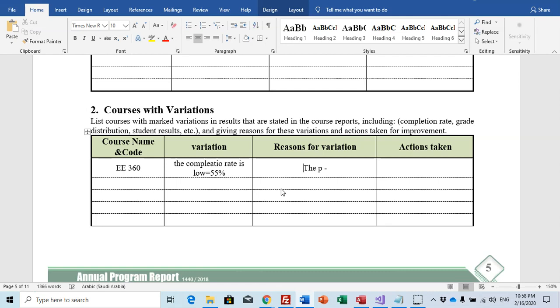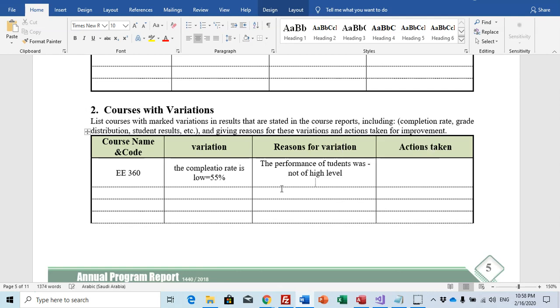For example, the performance of students was not of high level, or for example, the final exam was difficult.